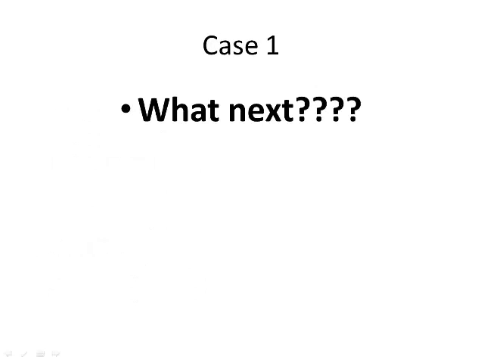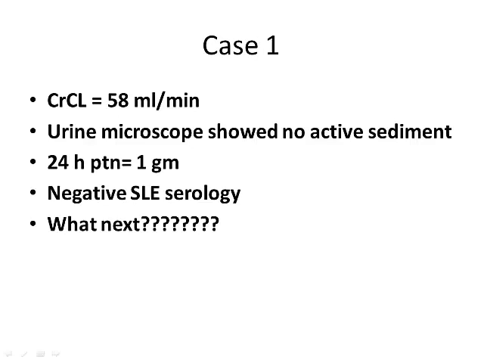I think for the sake of the time, we'll go here. If you calculate the GFR, and that's lesson number 1, don't be fooled by the creatinine. You have to measure, or estimate, the kidney function. And the urine microscopy showed no active sediment. 24-hour protein is 1 gram. And the serology for lupus initially was negative. So what would you do in a young woman who came with non-specific findings, 1 gram protein a day, nothing else, not hypertensive, weight on the low side? I'll give you 2 minutes to answer, otherwise, because of the time, I'm going to show you the answer.